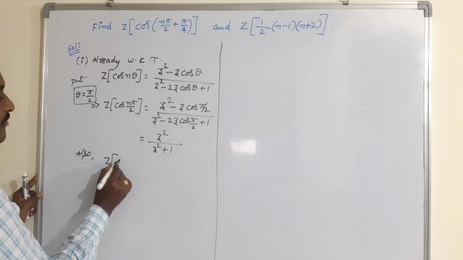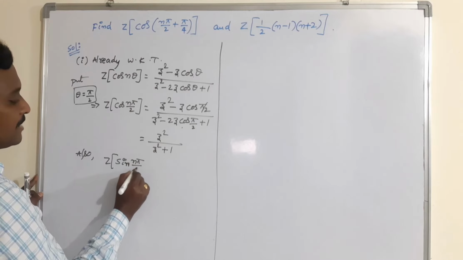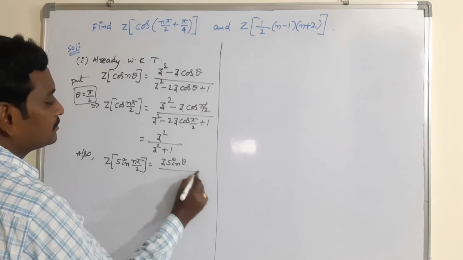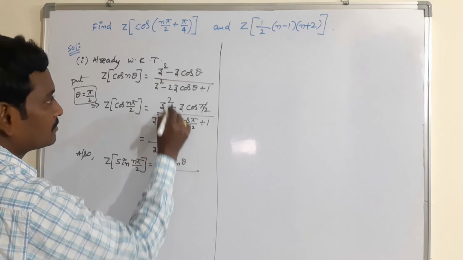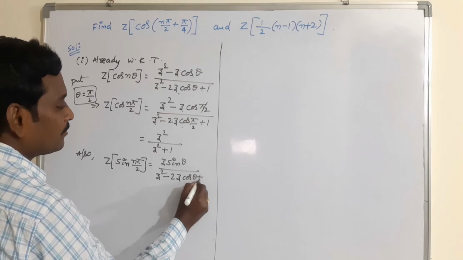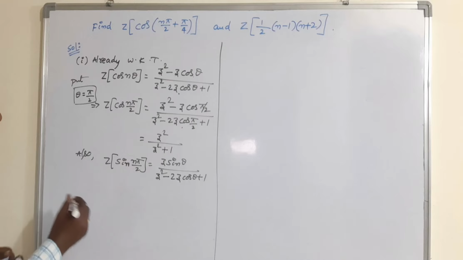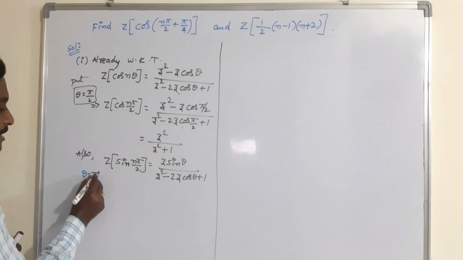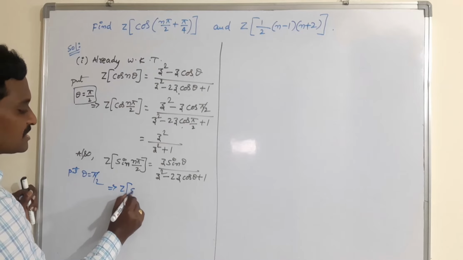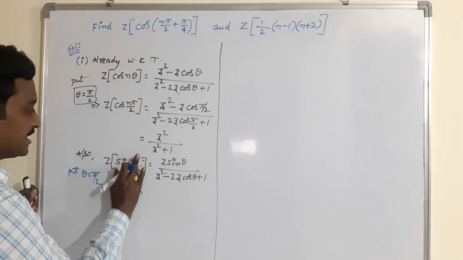Also we have Z transform of sin n pi by 2. Sin n theta, which is Z sin theta by same denominator. Look at this denominator, Z square minus 2Z cos theta plus 1. In this case also you should replace theta is equal to pi by 2. Okay, replace theta is equal to pi by 2. No, this is the formula for sin n theta. Sorry.